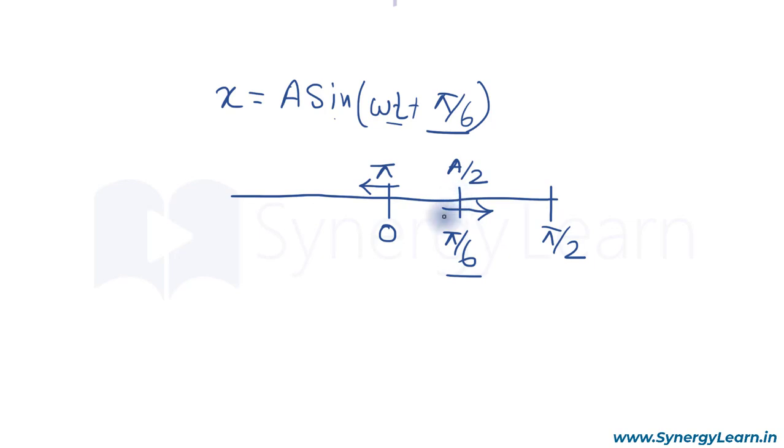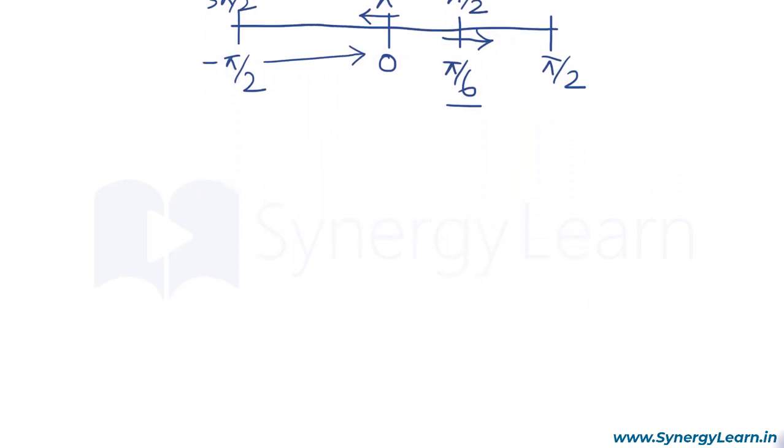So as you can see here, the phase in first interval is from 0 to pi by 2, then in second interval is from pi by 2 to pi, and in third interval it is from pi to 3 pi by 2, and in fourth interval it is from 3 pi by 2 to 2 pi, which can alternately be called minus pi by 2 to 0. So phase oscillates in the two sides. So by knowing what is the phase value or the initial phase value, we can know the location of the particle. Let us take another example.